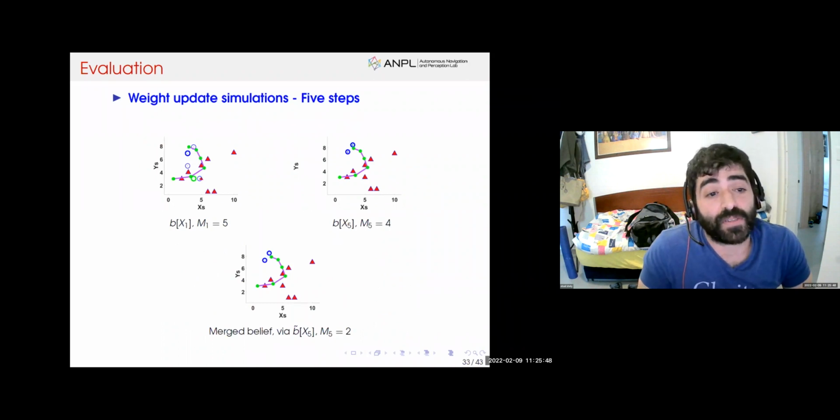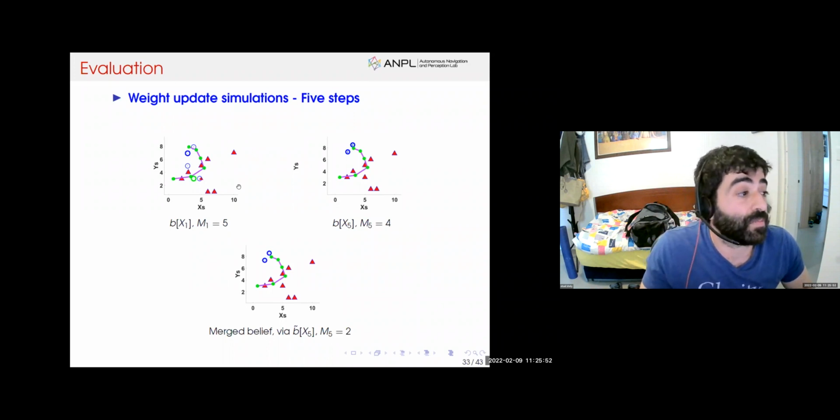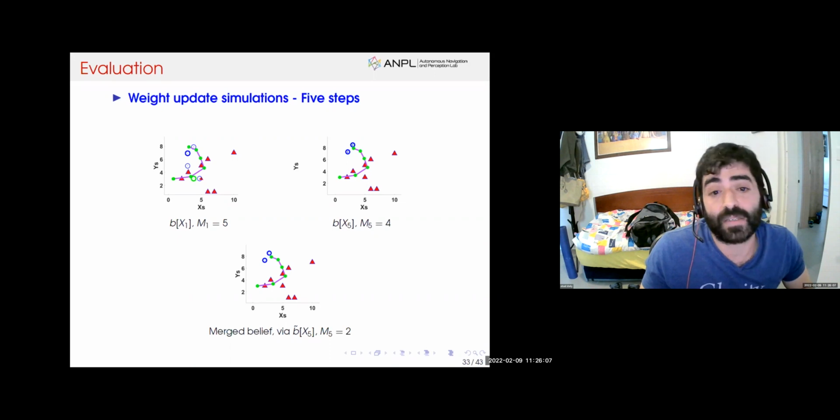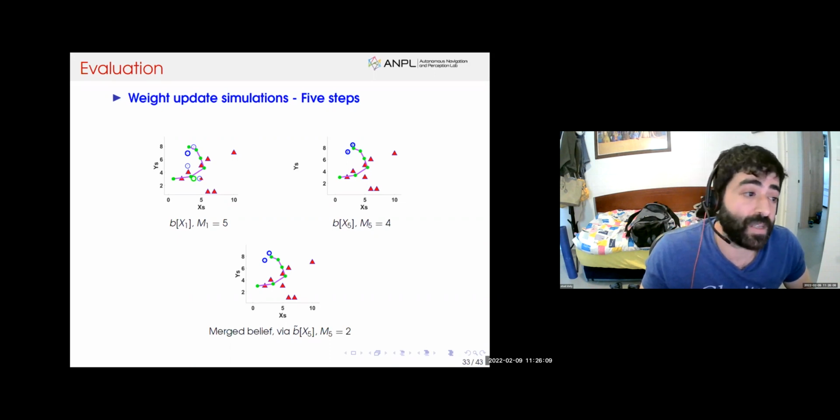On the 5 steps, we can see that we have several hypotheses. At the reevaluation point marked here, we have 5 living hypotheses, and at the end point, we have 4. By the way, the reason we have 4 hypotheses at the end point and not more, as a result of the exponential growth due to an ambiguous setting, is pruning. If we use merging at this final point, we can reduce the number of hypotheses from 4 to 2, as marked here in this figure.